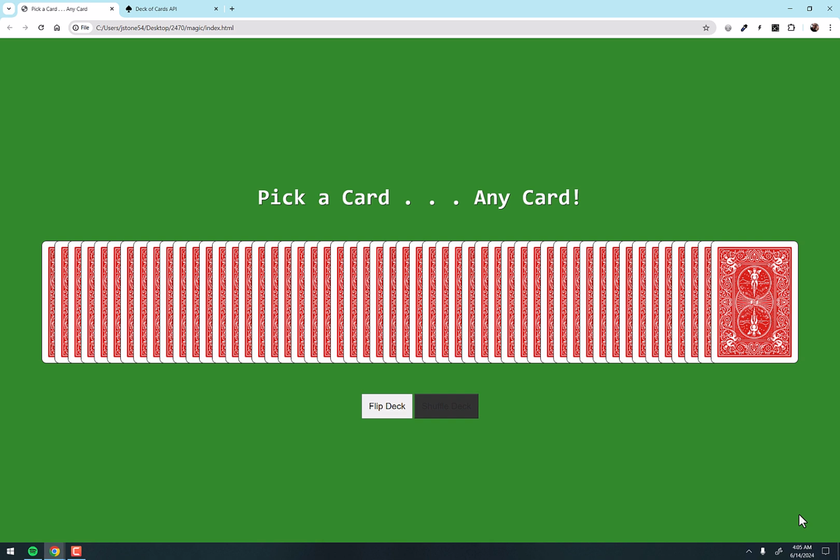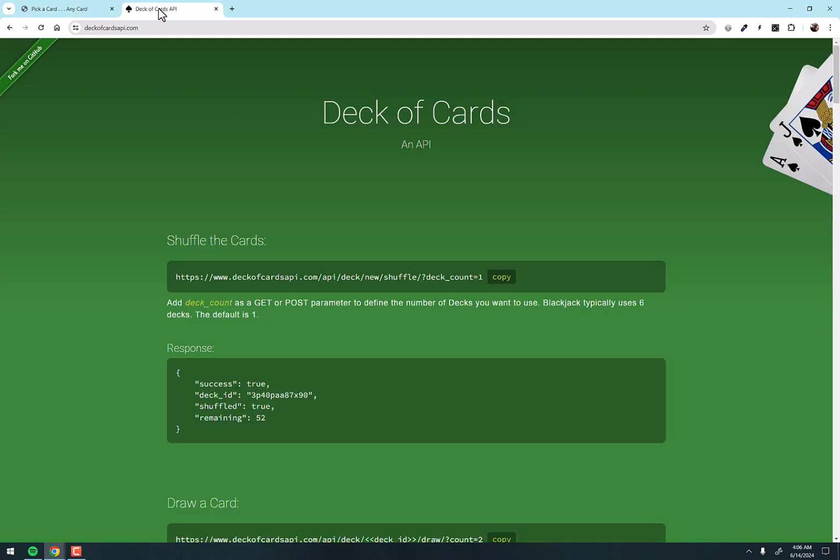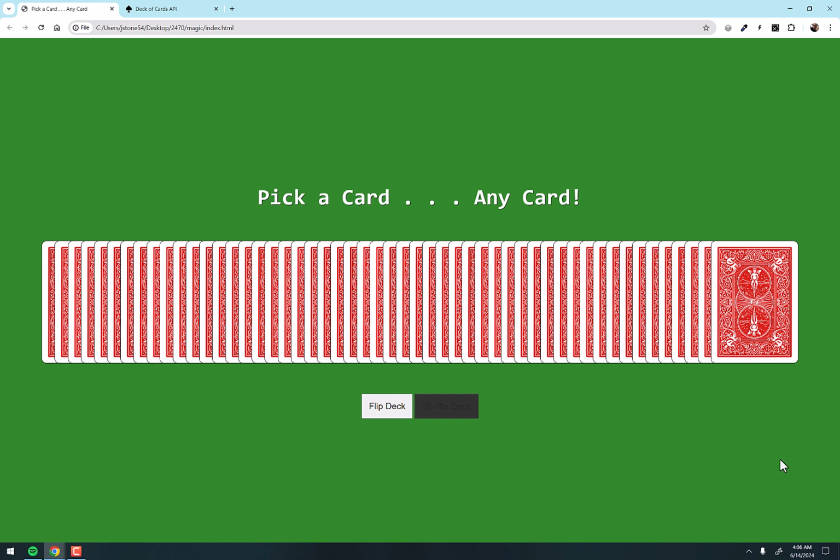Then when you first load this page, an actual deck ID was created using the Deck of Cards API, which it gives you the link to in the instructions. And so when you use this, it'll give you a deck ID and it returns this response here, and it'll have the ID there. So you're going to use that deck ID for the next part. Right now, we haven't used the ID. We're just generating it when the page loads.